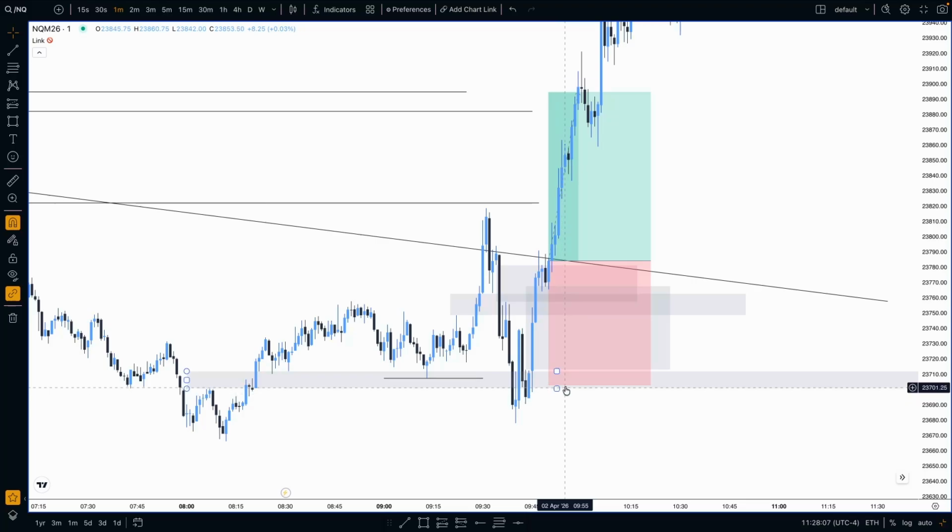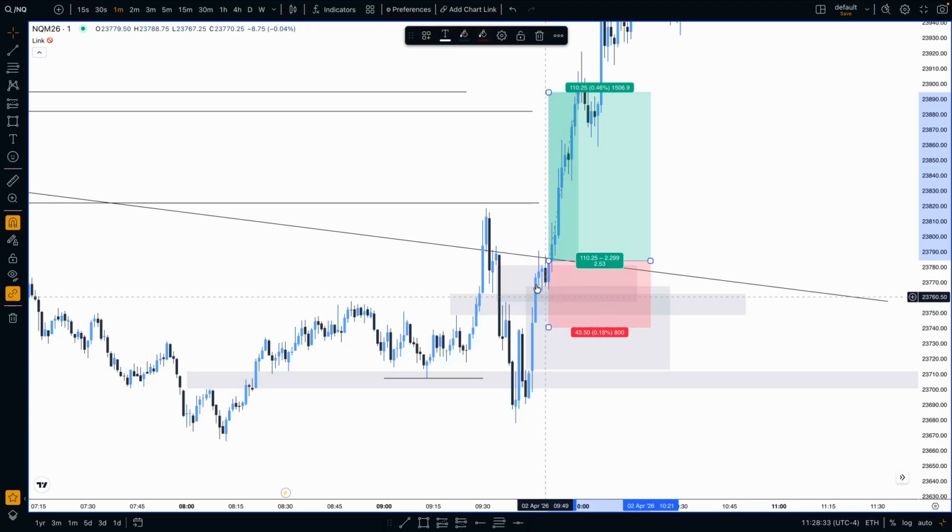But there is also something to be learned here. I could have executed this better. I analyzed the day perfectly in my opinion, but the execution could be better. As I said, if we inverse the 5 minutes with so much momentum and we also inverse this 1 minute, which was already respected here and was already respected here, we really shouldn't come back below it. This was a really strong PD array, and if we inversed it, it stopped being resistance